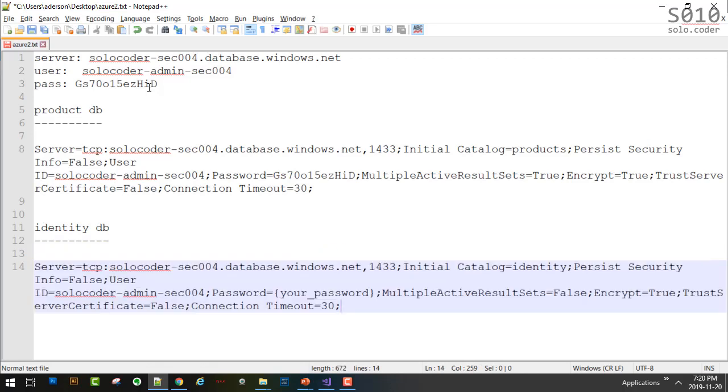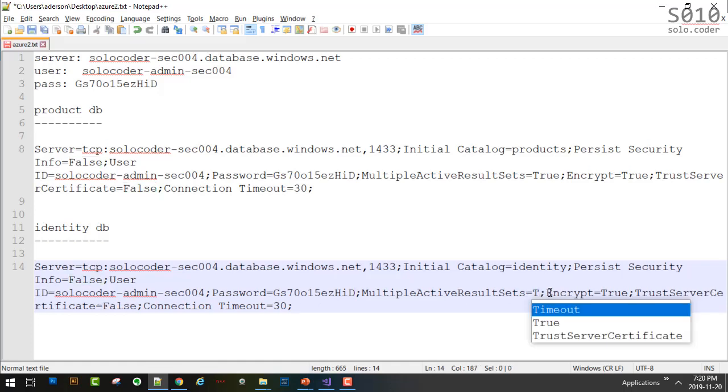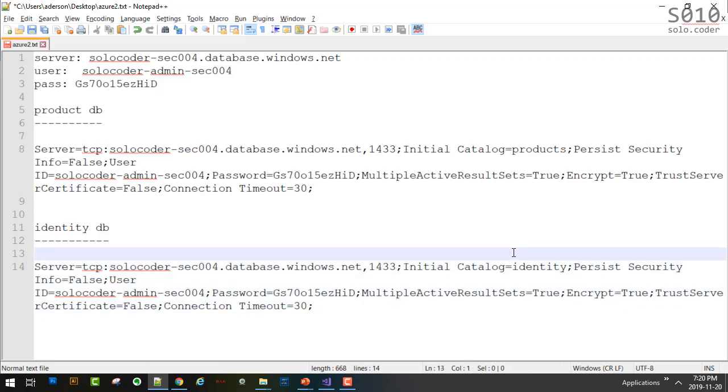We need to make the same changes. We need to set the password. Make sure that you don't keep the curly braces. Remove the curly braces as well. We save that. We set true for the multiple active result sets. And that's it. We have our two connection strings.